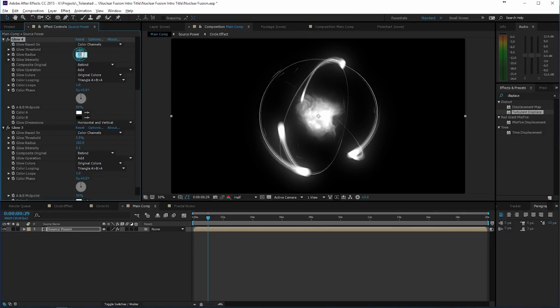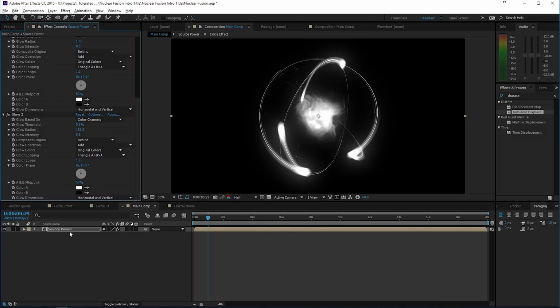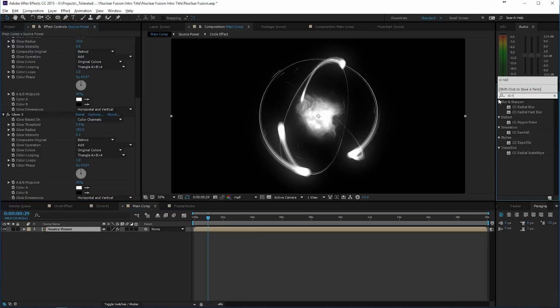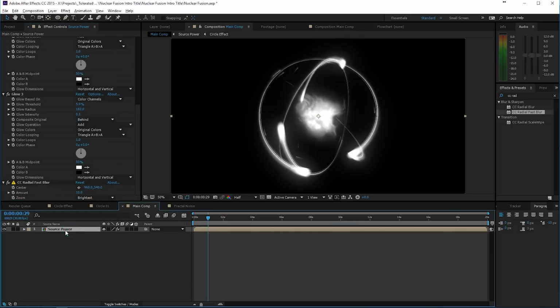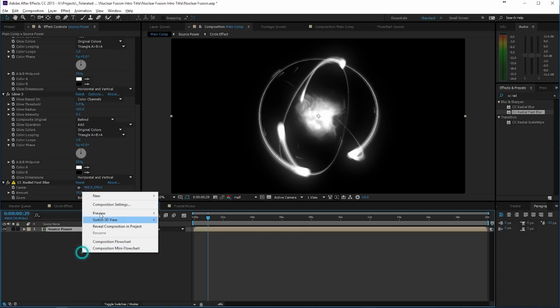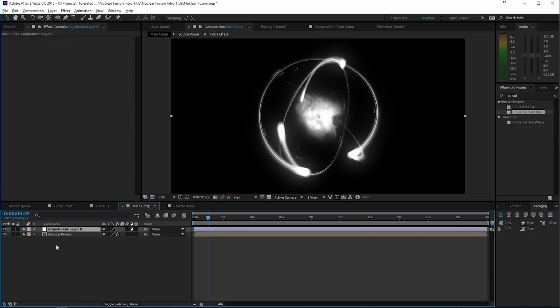Or I'm actually going to keep it because I just want some glow on the very edges of this effect. So I'm going to keep it like this. Okay, so now we have the glow. We can also add a CC radial fast blur. Add that to the source and just make sure it's not too much, something like 10, and make it the brightest. Okay. Once you've done that, we can add a new adjustment layer, and we're going to rename this to